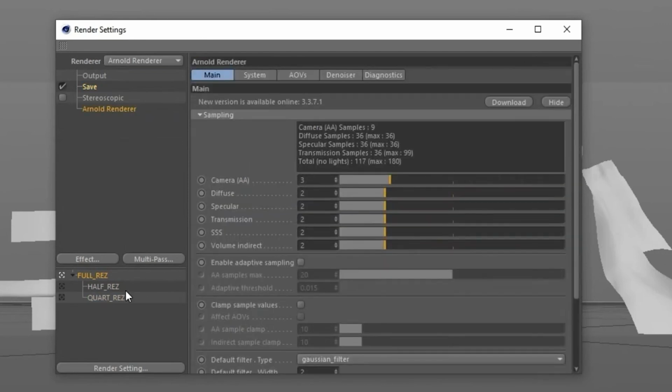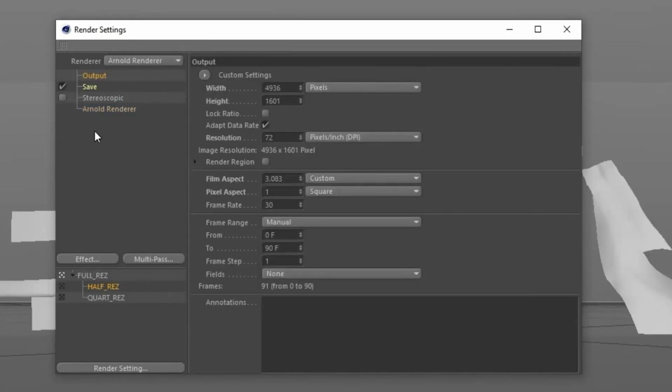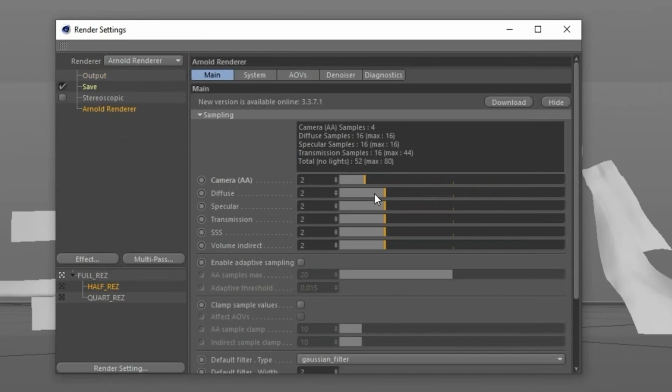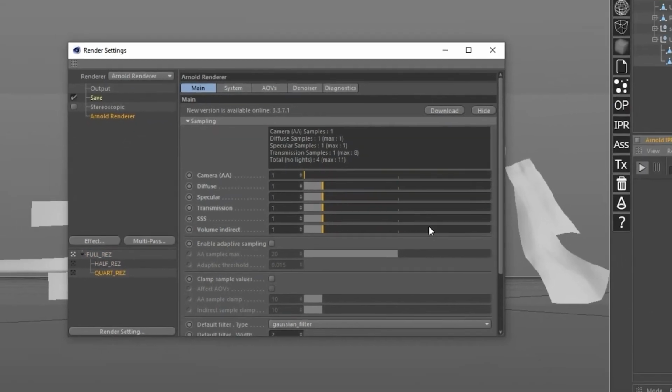And now I will be able to say that my full res is gonna be with those settings. For example, it's really not an Arnold tutorial right now, but I will be able to change the half res settings. I already changed the size of it, but I can also change the samples. So for example, I'm gonna switch everything to half, and you might have guessed it, I'm gonna do the same with the quarter res to switch everything to, well, one camera and one everything else. So already without doing anything, I have a full render setting that's gonna be looking good, but it's gonna take a lot of time. I have a half render that is gonna be way faster and half the size, and a quarter res that's just gonna help me build my file as I need them.